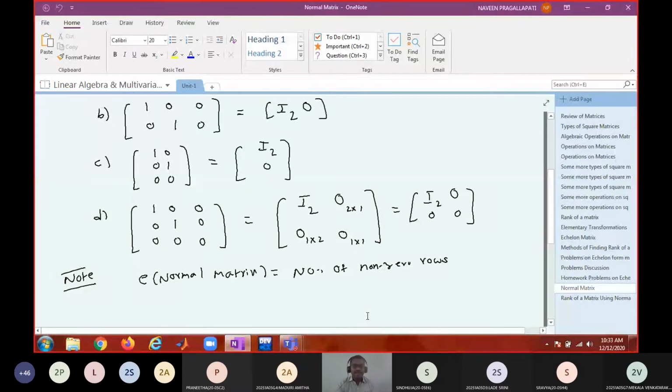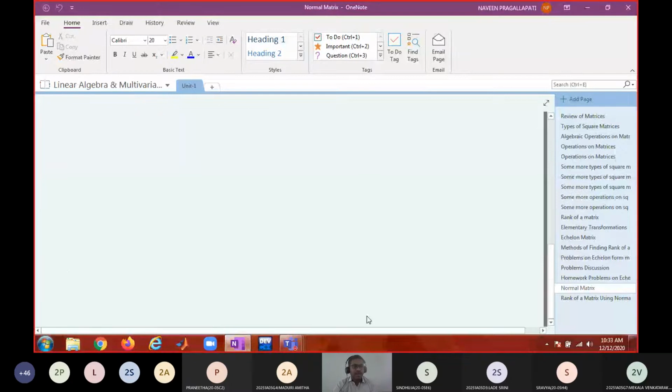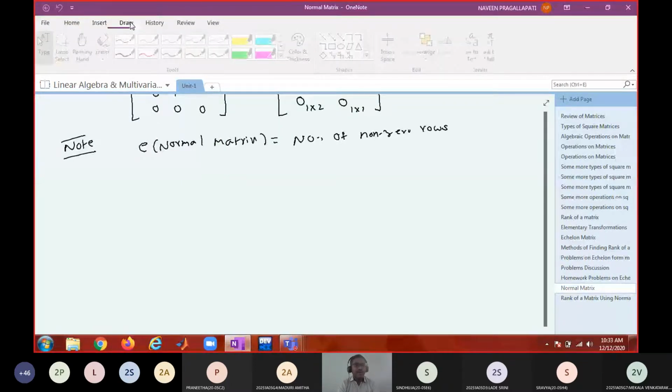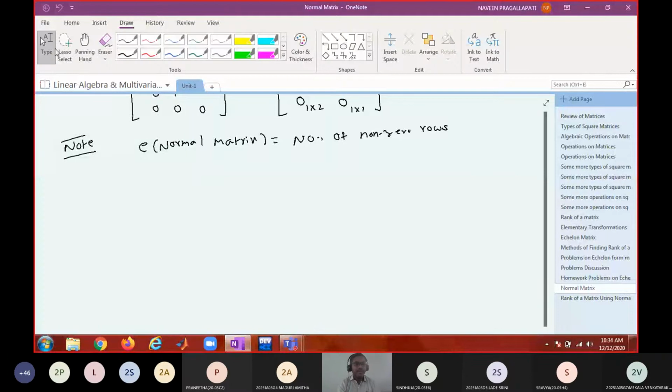the rank of the matrix. So we'll have some problems. So take those problems again. Reduce, all of you note down the problem. Reduce the following matrices into normal form and hence find the rank.